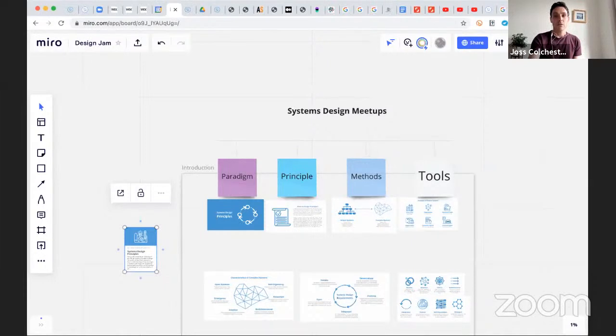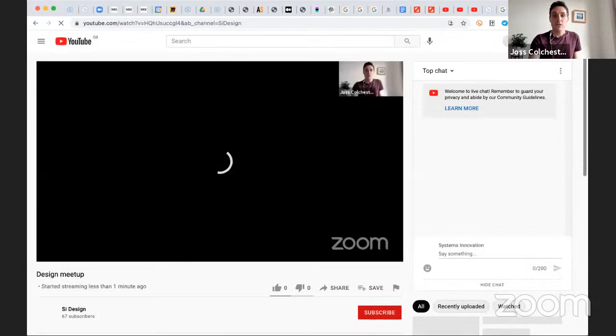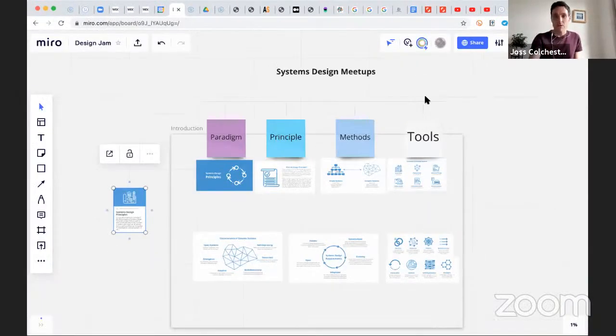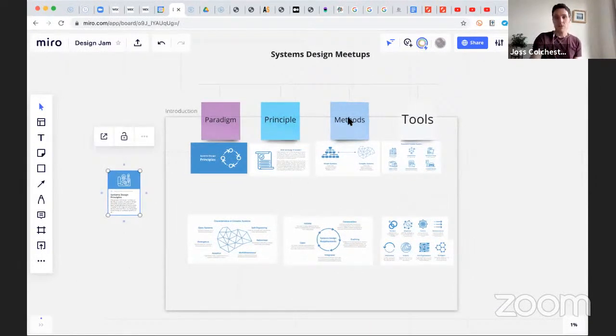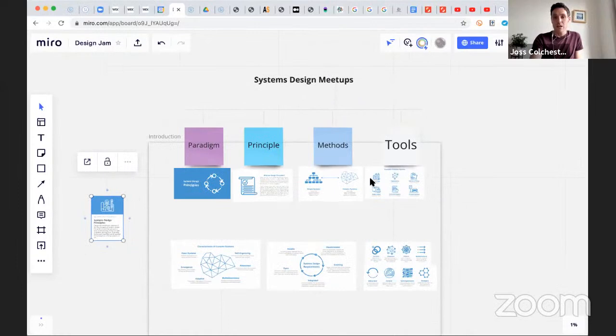What does that mean? All this holism. And we did that originally. And then we're now talking about principles, which are kind of the core concepts that are going to guide our design decisions. In future sessions, we're going to look at methods and tools in systems design. But here we are, the key principles for designing complex systems.